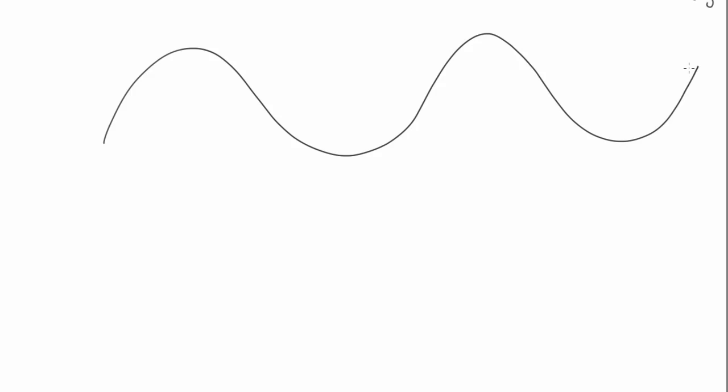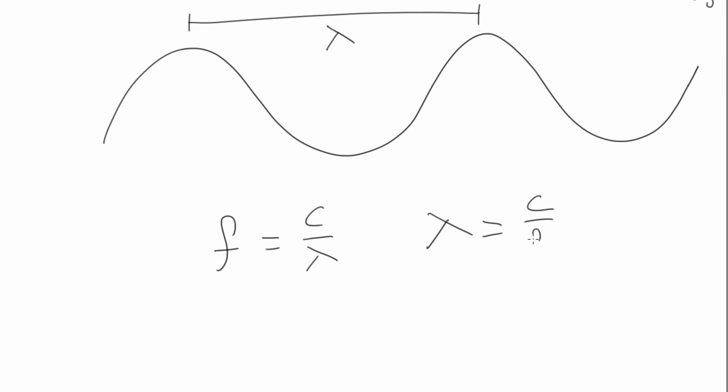Conversely, the wavelength is the distance between adjacent peaks of an electromagnetic wave. It's very simple to convert between wavelength and frequency just by using these very simple equations. So you can see here that both equations are related to the speed at which electromagnetic waves move. So using these two equations, have a go after this video to calculate the wavelength of a few radio station